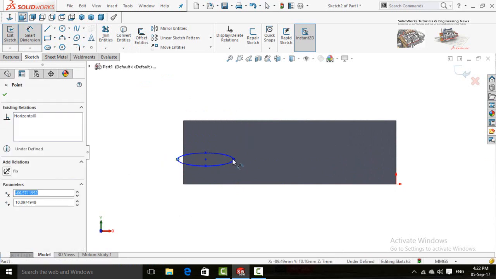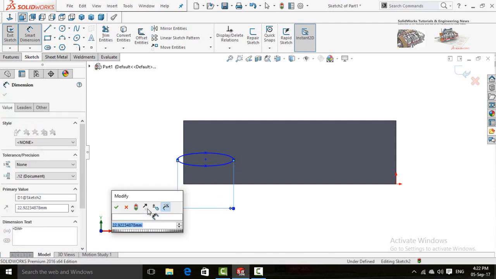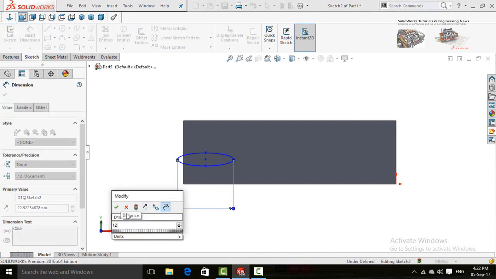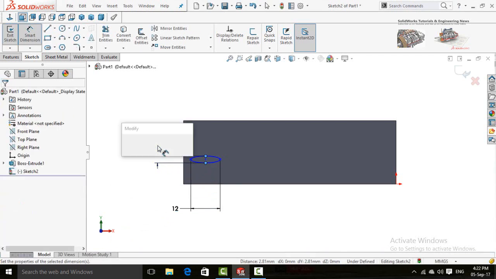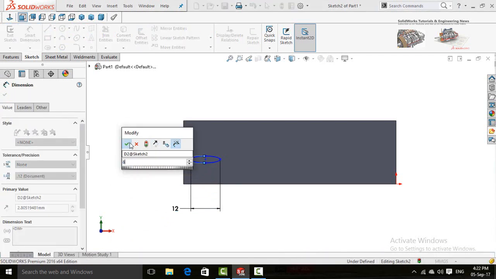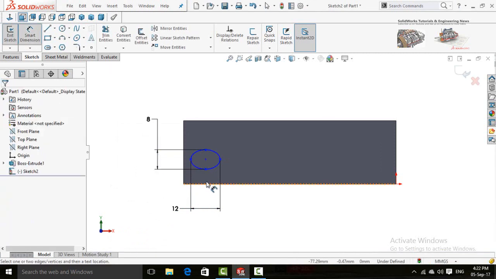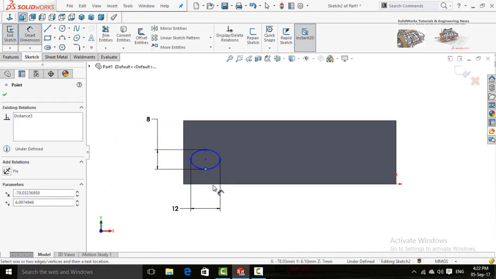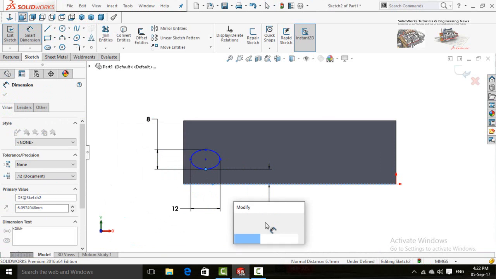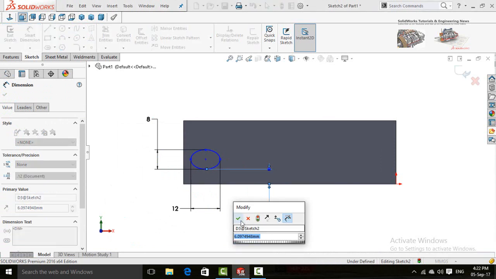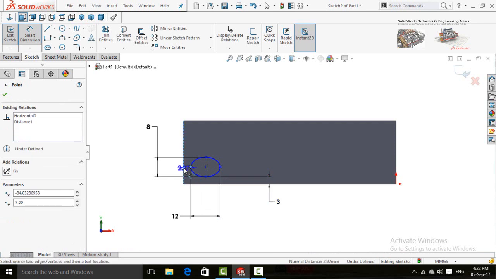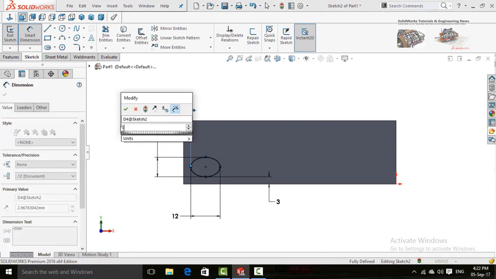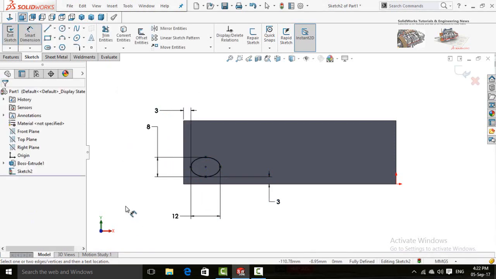Now define it 12 millimeters and 8 millimeters. Now define this distance 3 millimeter and this distance is also 3 millimeters.